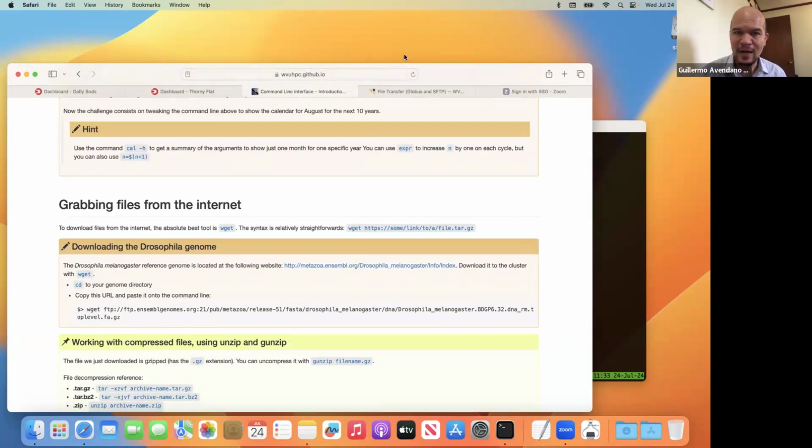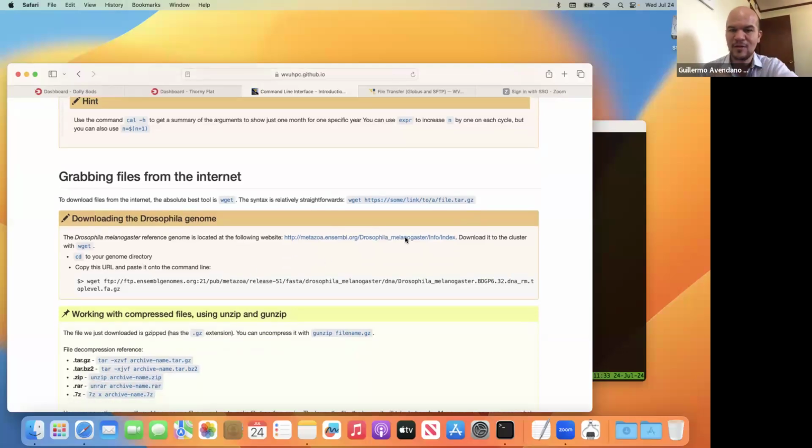In this case, I am showing you here that in some location, you can find a file that you need. This is for genomics, the genome of the fruit fly. So there is a command, wget, for downloading files. If you have the URL of a file that you want to download, and sometimes on the browser, if you right click, you can see copy the link for downloading the file. So you copy the link,